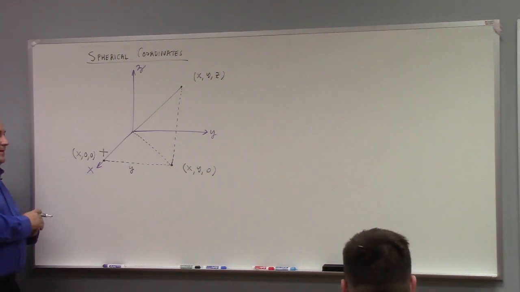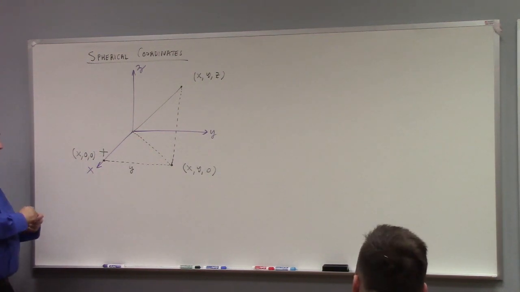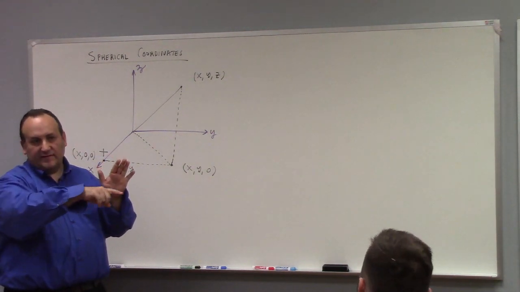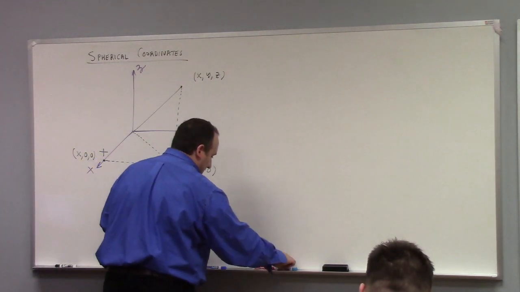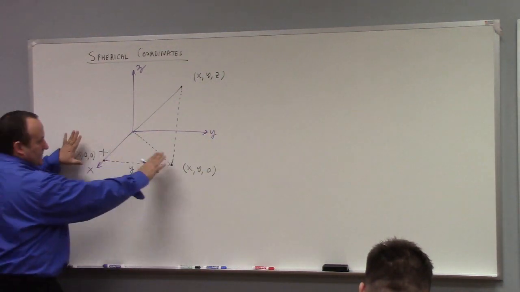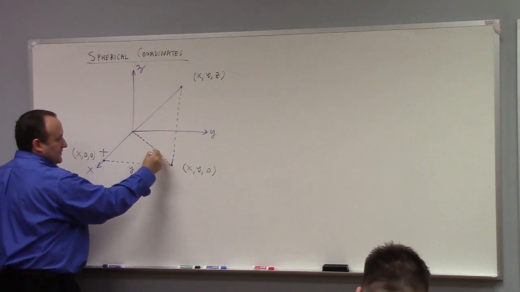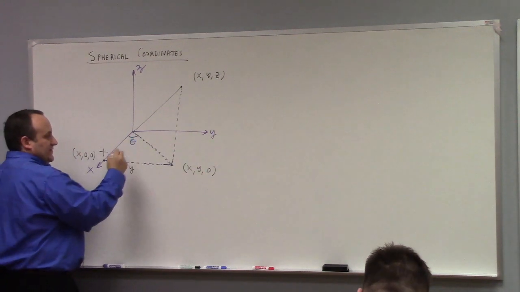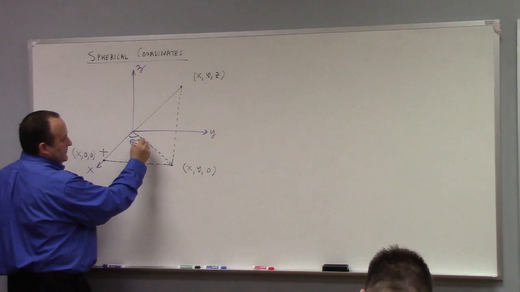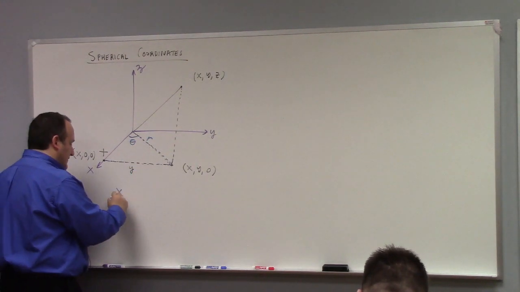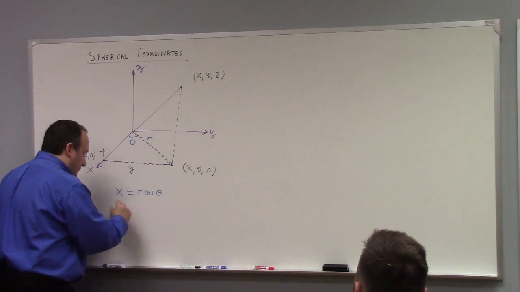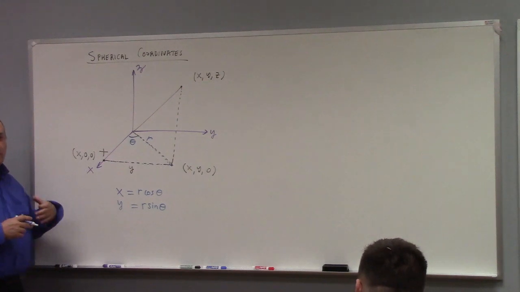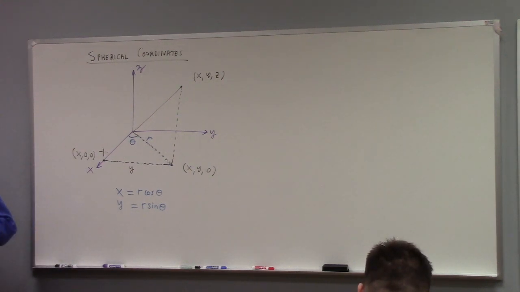For what it's worth. And so when you guys talk about polar coordinates, you already have a definition of standard angle. It sweeps in the counterclockwise sense off the positive x-axis. So that angle still makes sense here if you just focus on this blue triangle down here. You can just do polar coordinates down there. So this angle is theta. We still think of it as theta. And if this was r, and it's still called r, of course we've got x equals r cosine theta, and y equals r sine theta. That's just polar coordinates actually. But if you throw in a z, this becomes the cylindrical coordinate system.